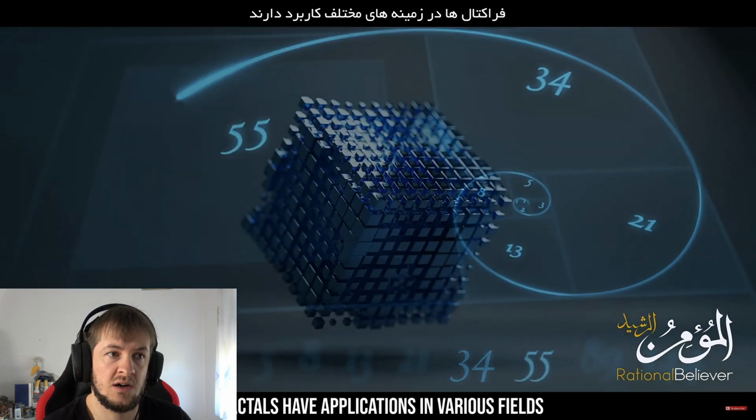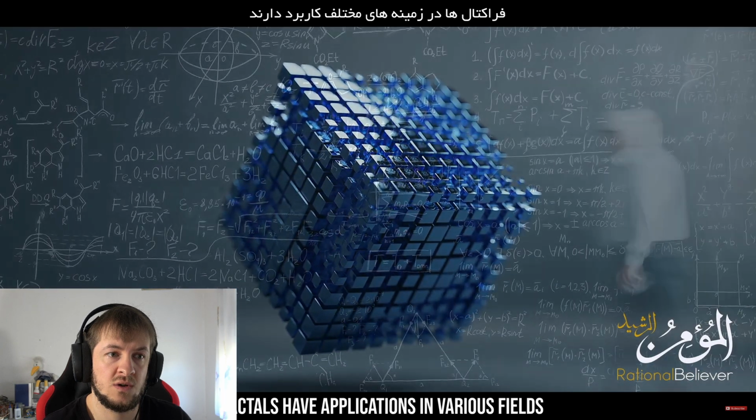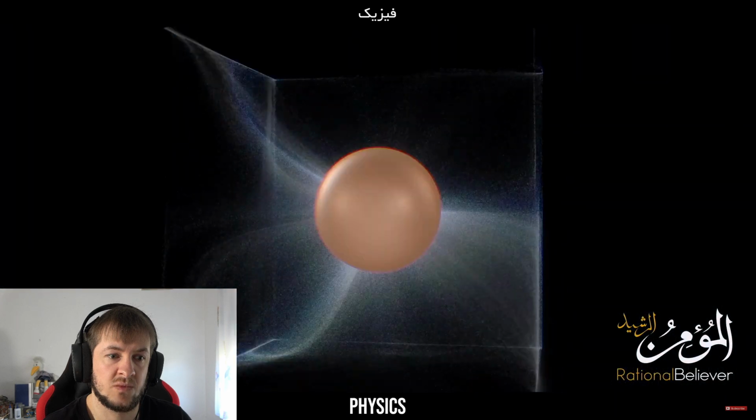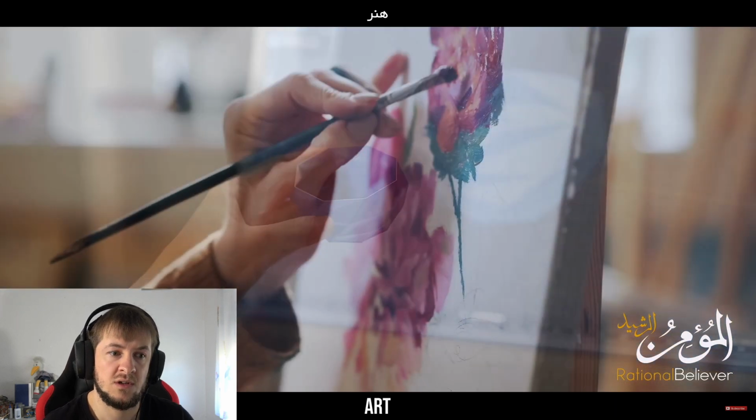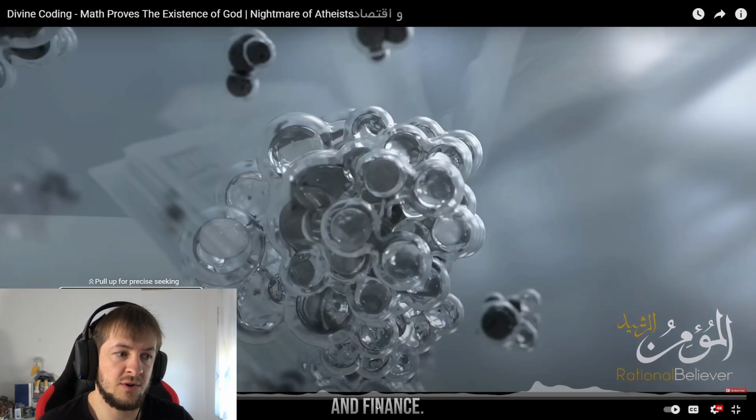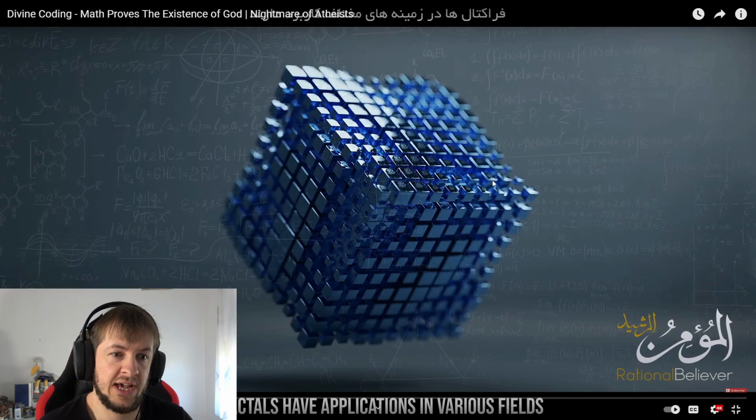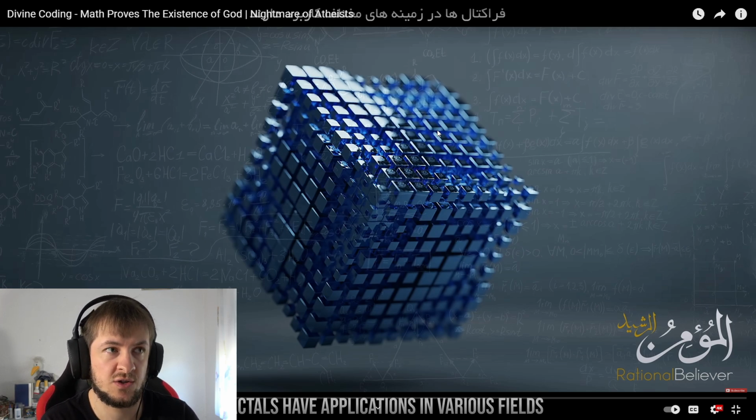Fractals have applications in various fields including mathematics, physics, computer graphics, art, biology, and finance. I was about to say that actually. If you look at Unreal Engine and video game development, I've seen someone develop a game with Unreal Engine. There was some release footage, and they also had those fractals.